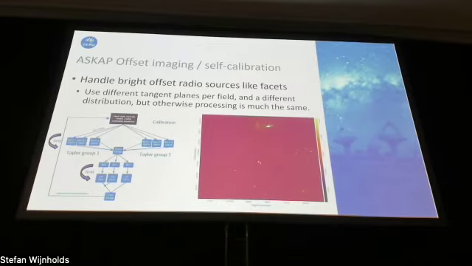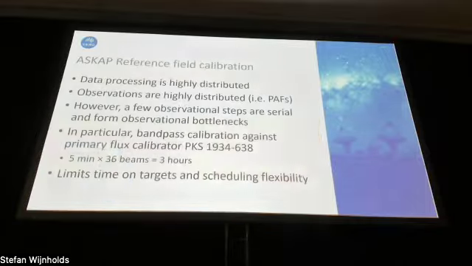This source up here is still a little bit dodgy, and I think it's because there are some small pointing errors, and they're on opposite sides of the beam. To confirm that, I put a little facet around it and imaged again, and it cleans up quite nicely. There are quite a lot of ways you can attack a problem, for example by rearranging the distribution in different ways.